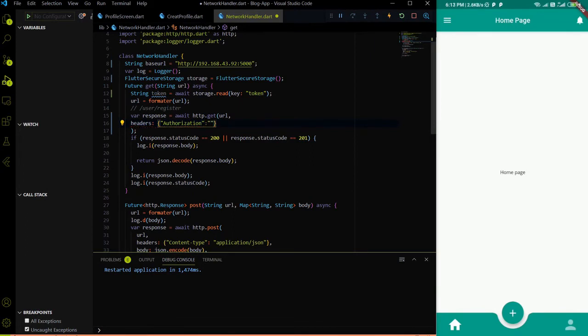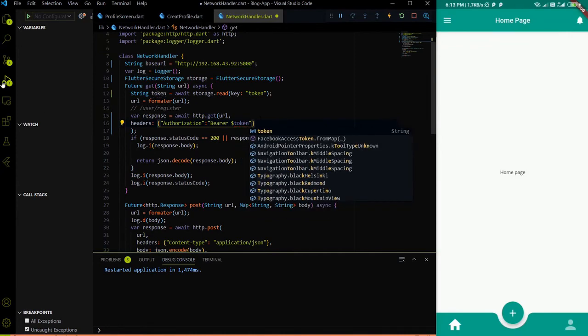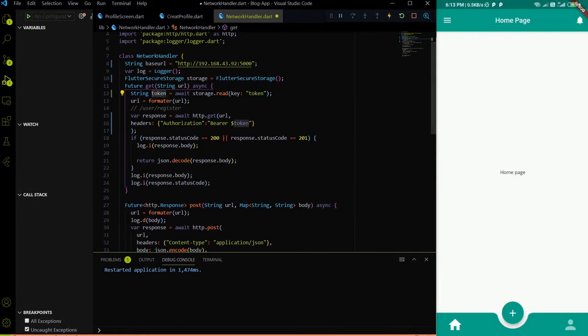And in the authorization, first we will pass the bearer, and after it we will add the token which we get over here. And now it's completed.